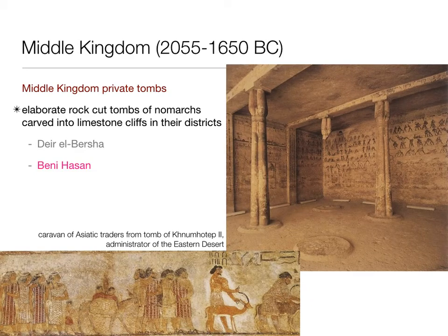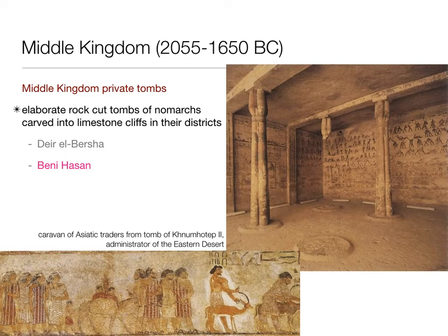So here is Beni Hassan, another private tomb nearby. Khnum-Hotep is a famous tomb from an administrator in the Eastern Desert, where they had a lot of natural resources, and this is a depiction of a caravan of Asiatic nomads, traders who were bringing goods. You can tell by their hairstyle and their beard style, clothing style, that these are people who are bringing trade items to Khnum-Hotep, or what he's overseeing. And so this is him depicting the bounty of goods that he's helped bring into Egypt.